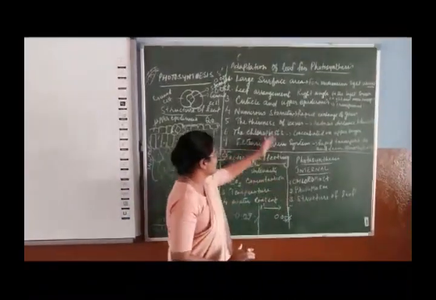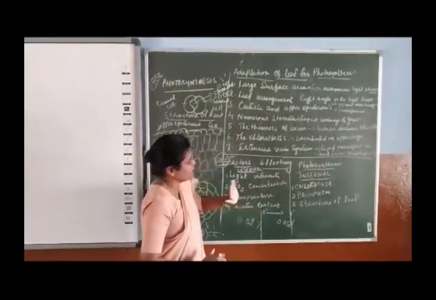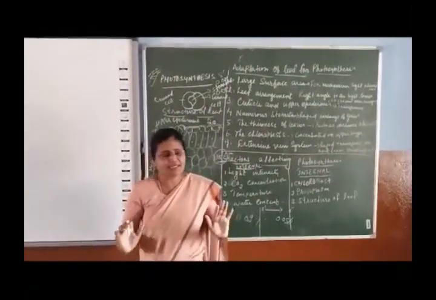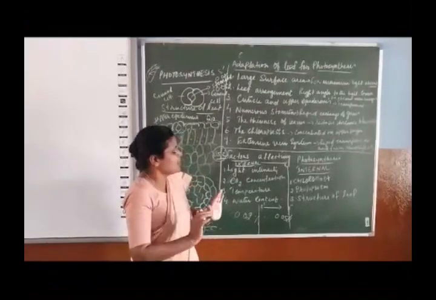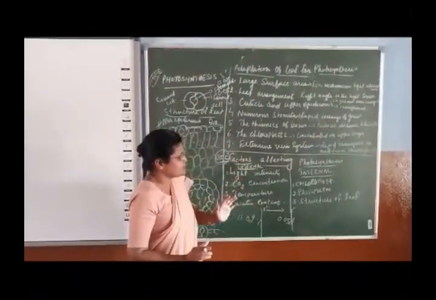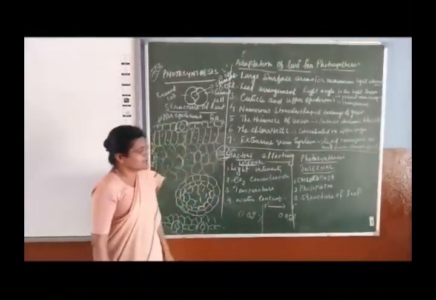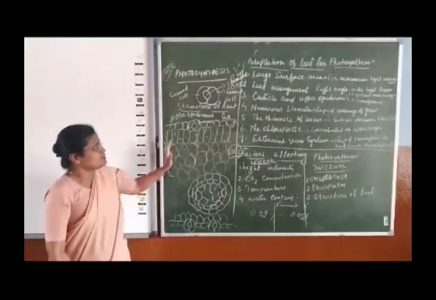And structure of leaf: if all these arrangements are proper in the leaf, it will efficiently take part in photosynthesis. Otherwise, the structure of leaf is in proportion to the efficiency of the photosynthesis taking place in the leaf. Okay. Now, this is